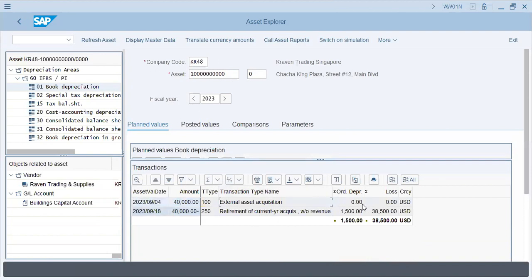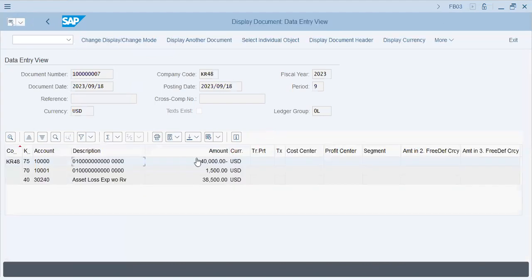And external asset acquisition, retirement of current year 1500, 35,000, 38,000 is the loss posted in the document. Let's see what is that document. Okay. Account 10101. This should be, I believe, capital account, accumulated depreciation, asset loss without revenue. Okay, so this is shown in the P&L side. That being said,